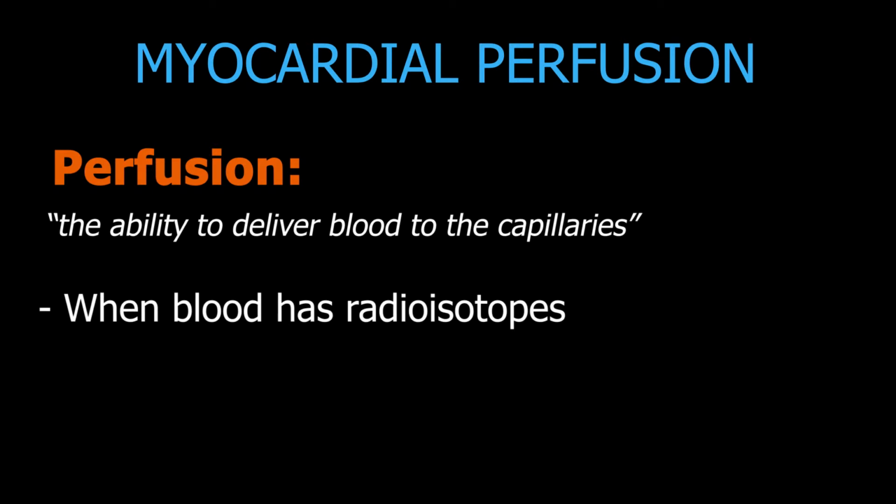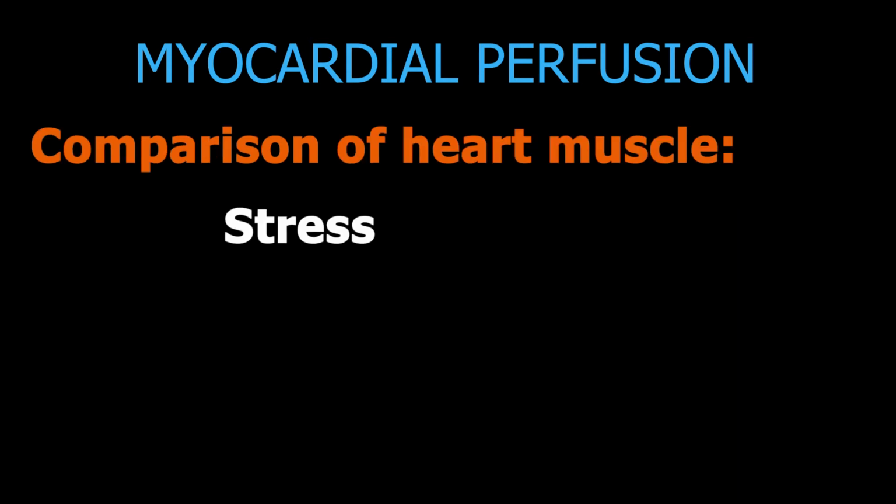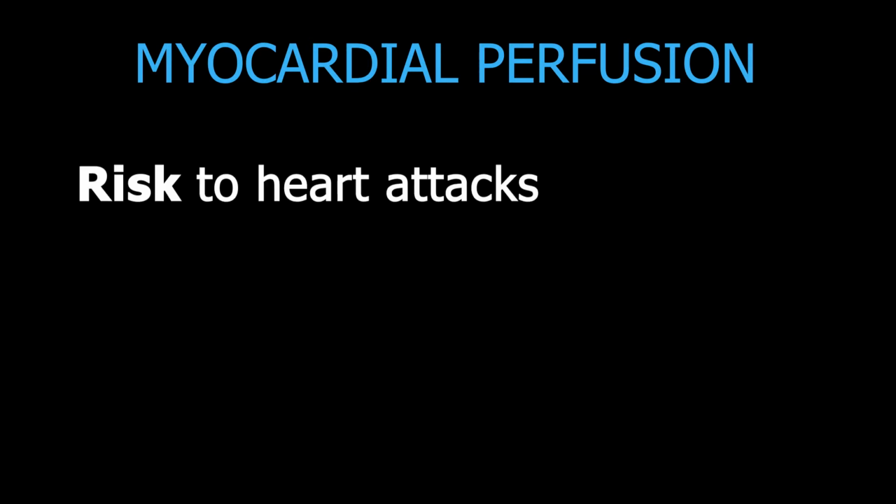So when the blood is perfused with radioisotopes, we then want the heart to be at stress so that blood can be delivered. We then capture the stressed heart muscle and compare it with the heart muscle at rest. In this image below, the top row shows the muscle under stress and the bottom at rest. When we see a big difference between these two images, that means there is part of the heart where it is not getting enough blood, and that could be a risk to a heart attack, or it could be a